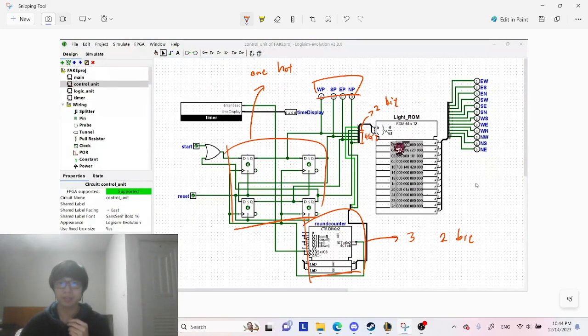We combine these to use in the ROM implementation. Our ROM has a 6-bit input, so it can reserve about 64 addresses here,